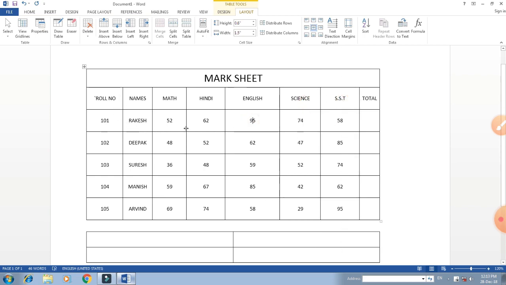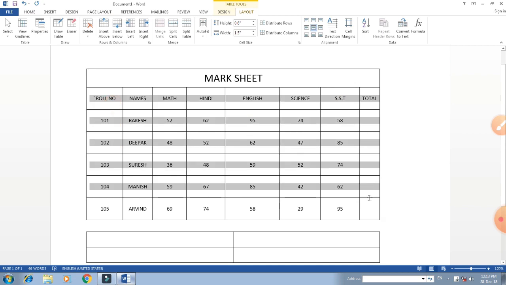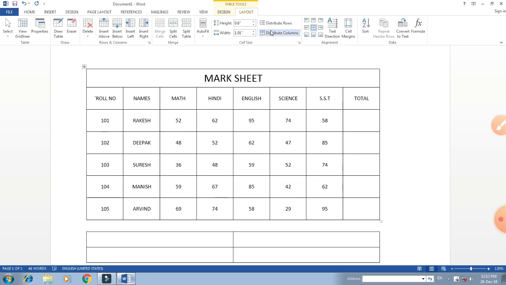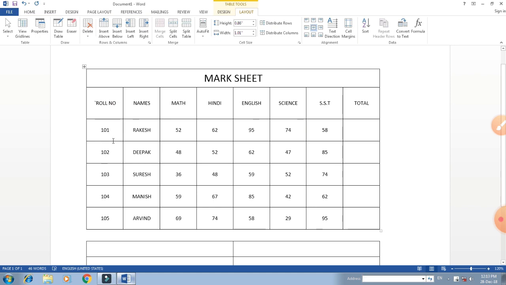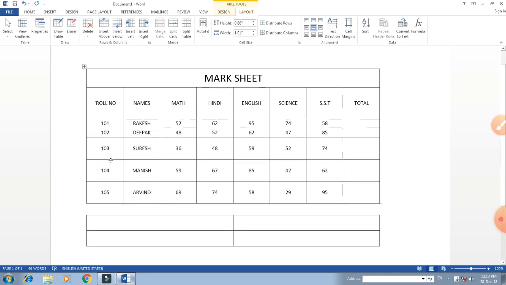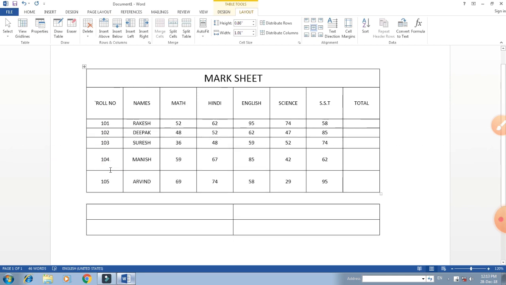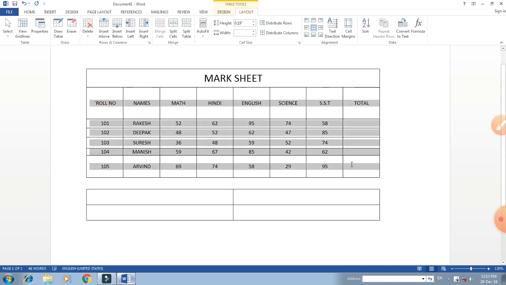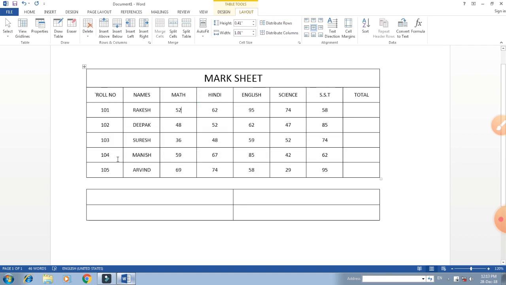Okay student, so here you can see, if you want to set this, first of all select and distribute, click on distribute columns. Now you can see all the columns are equally distributed. And the same with the rows also: we can increase or decrease the rows when we write something. It happens that some rows take more space, some are narrow. So we can set all these things in a proper way. First of all select our cells or rows which you want to distribute, click on distribute rows, and it will automatically adjust all the margins and sides equally. So you can see here distribute rows and columns.